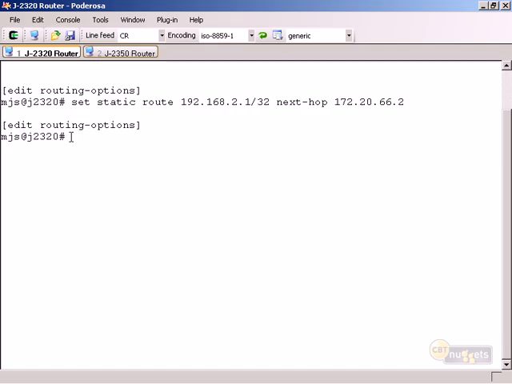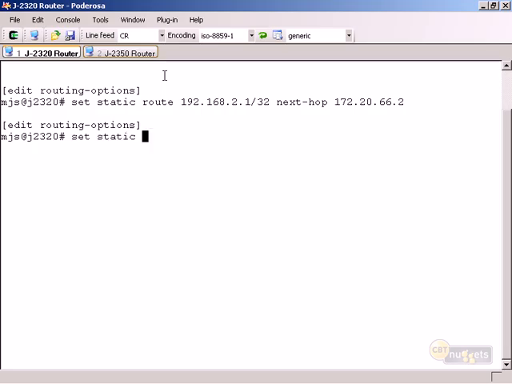Now remember from earlier that our INET4 routing table does have, by default out of the box, a default route that is going to be routed to the discard interface. That's the next hop, right? And it's there because by default you want the traffic to be black holed or dropped if it's not destined for some valid route that's in your routing table. However, we want to have a different type of default route, and that's going to go up to our service provider. So we're going to set this default route on J2320 up to the ISP in configuration mode by saying